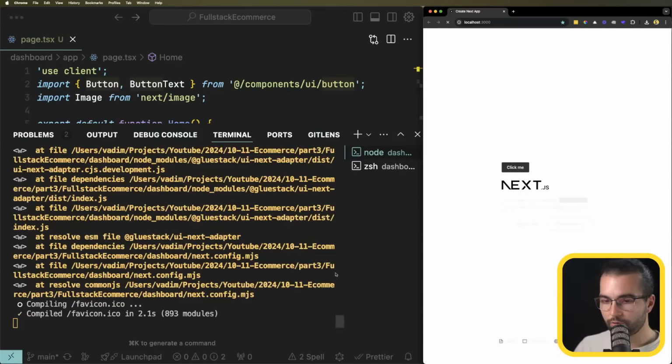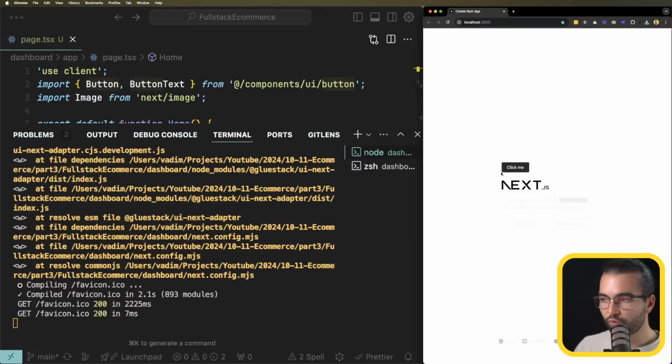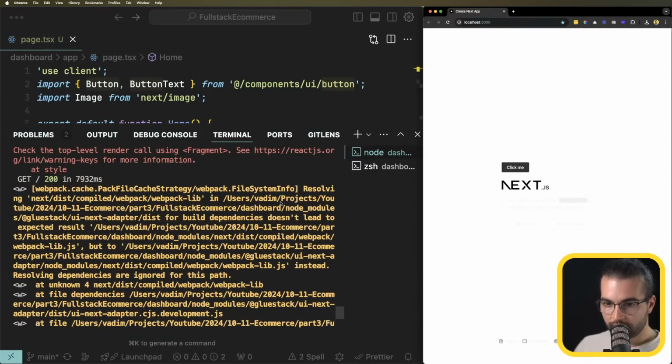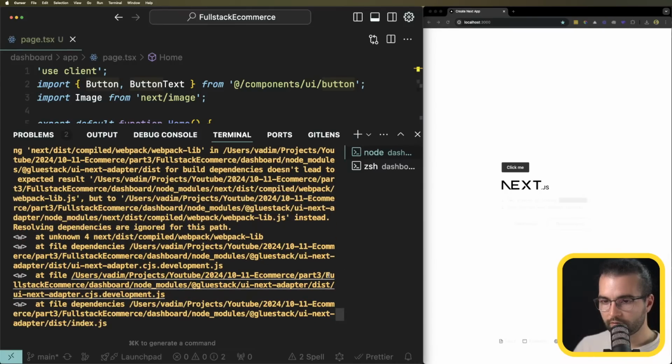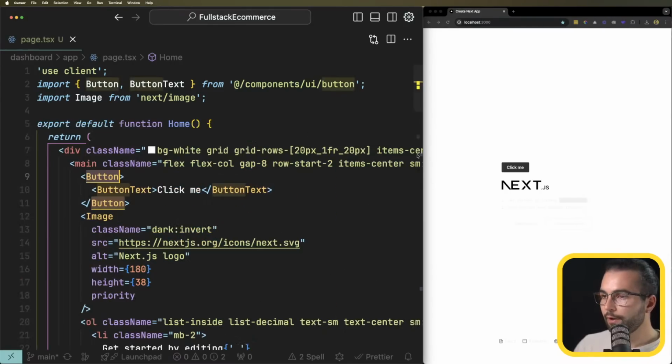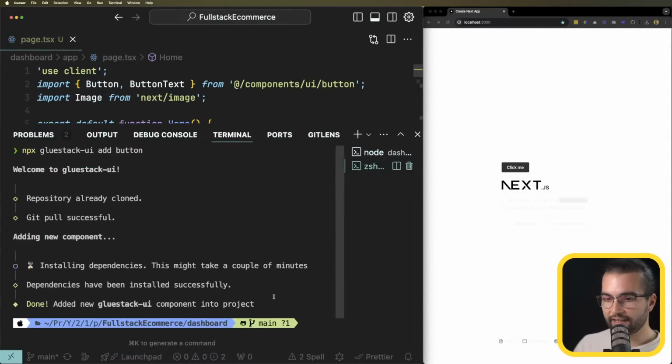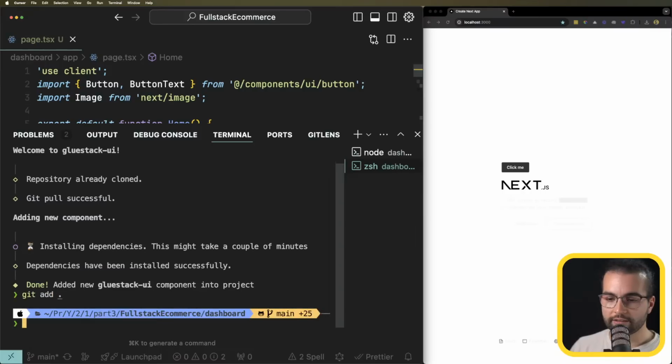Okay, now our button is displayed properly with the styles coming from Gluestack. Not sure if I should be worried about this one. Is it something related to Webpack? I don't know. You guys tell me. But our configuration for Gluestack is working. Everything is working perfectly here, which means that I can go ahead and do a git add, git commit -m,